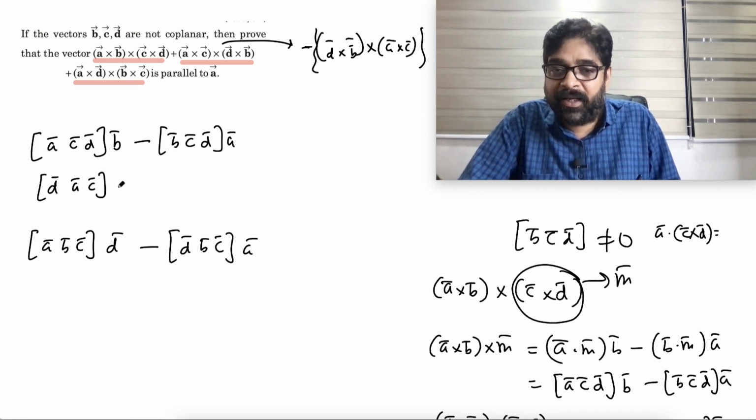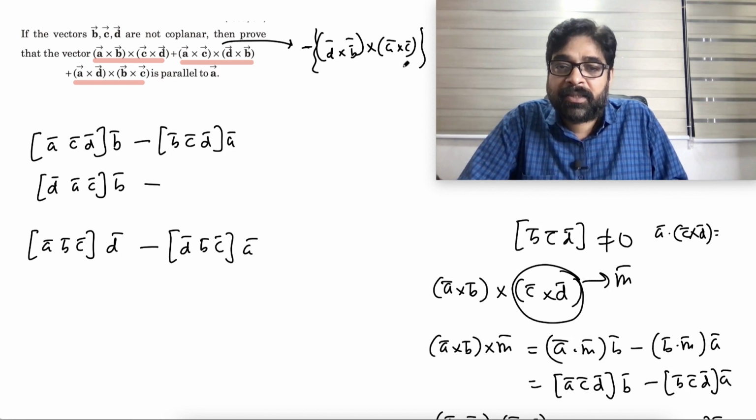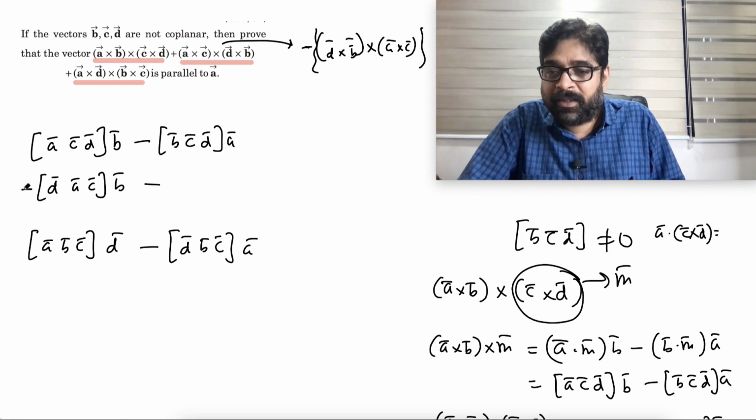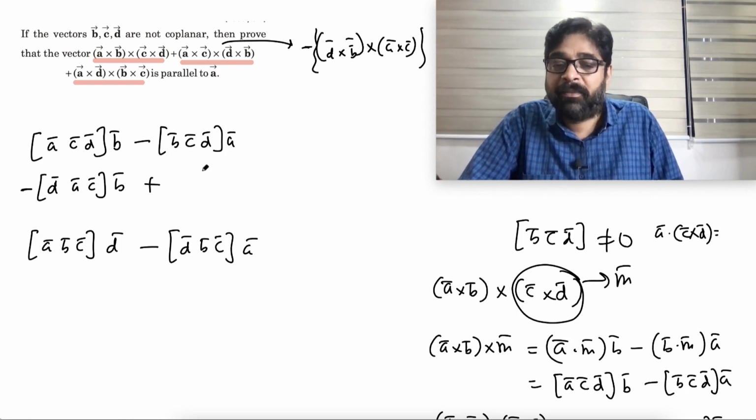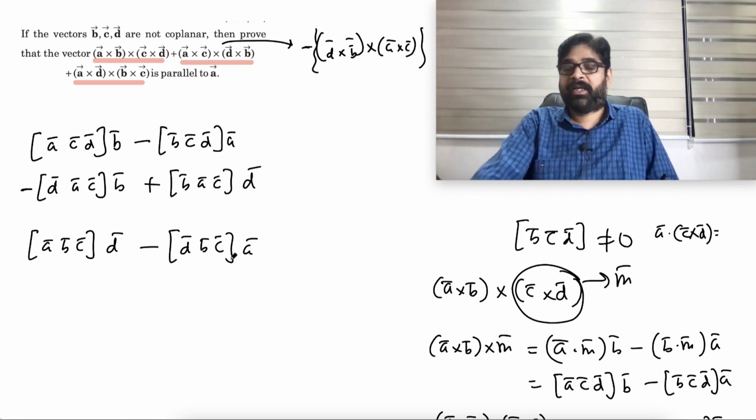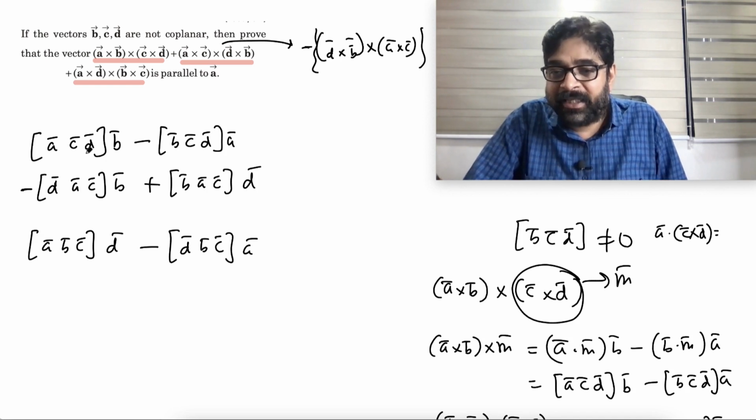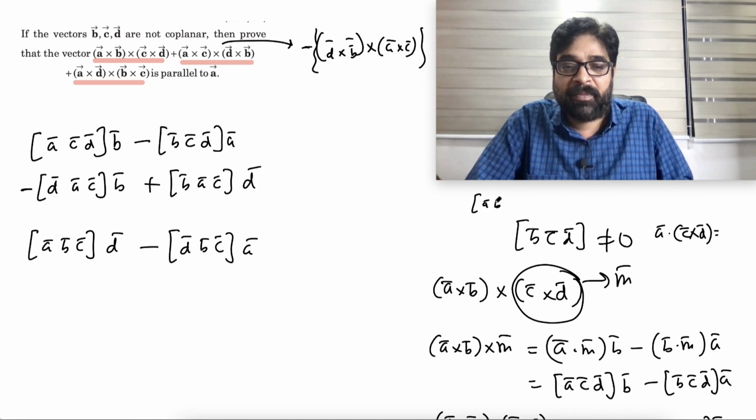A C into vector B minus box of D A C. Yes. This is minus plus, because there is a minus, no? Plus box of B A C into vector D. Correct? Now check. ACD is the same as ACD, because, as all of you know, box of ABC